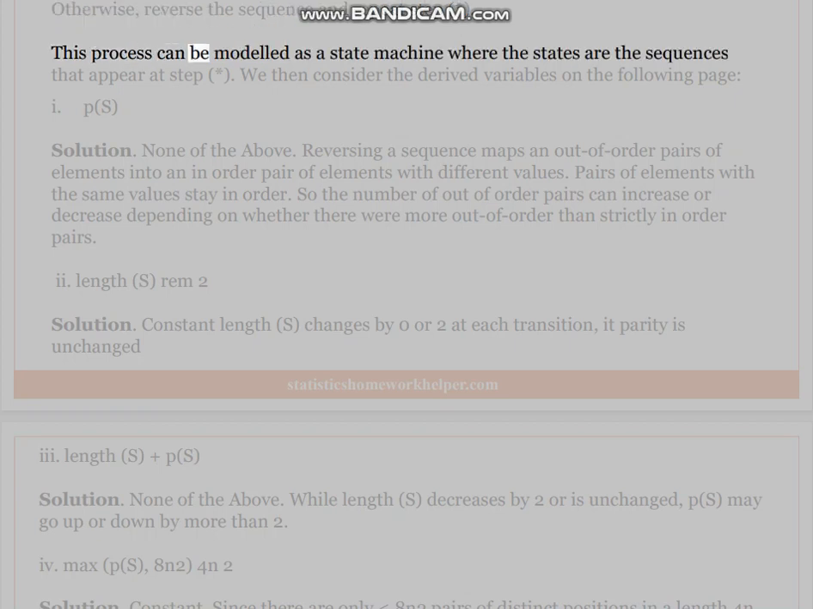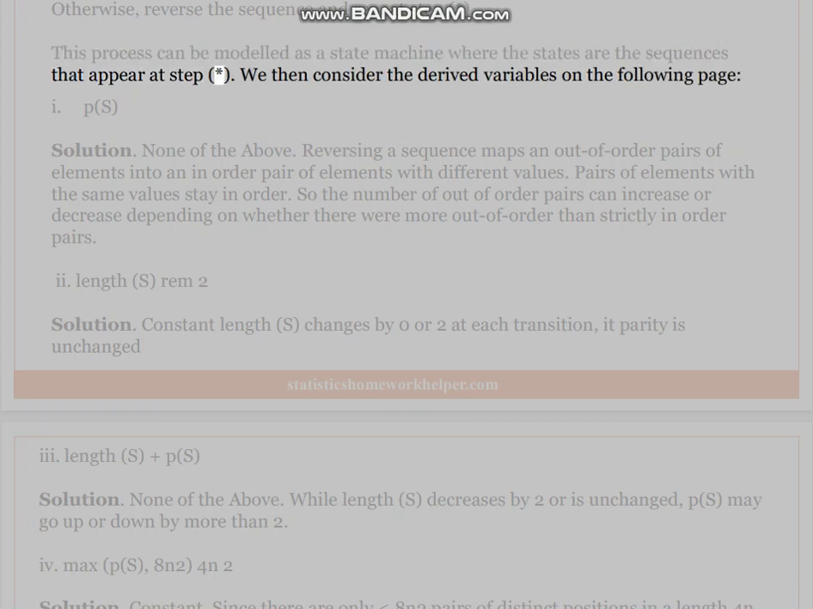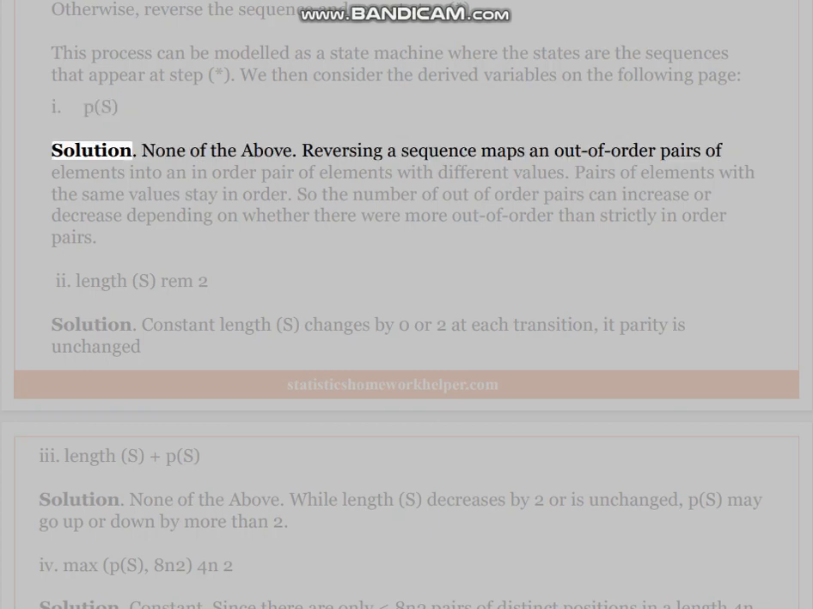This process can be modeled as a state machine where the states are the sequences that appear at step asterisk. We then consider the derived variables on the following page. Solution. None of the above. Reversing a sequence maps an out-of-order pair